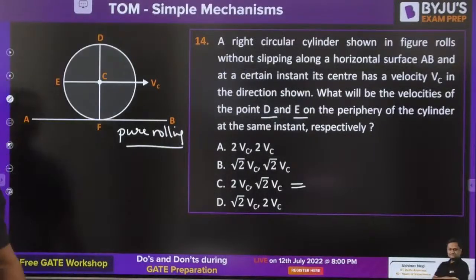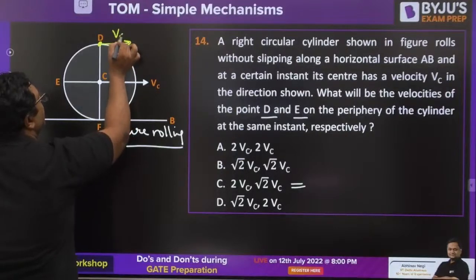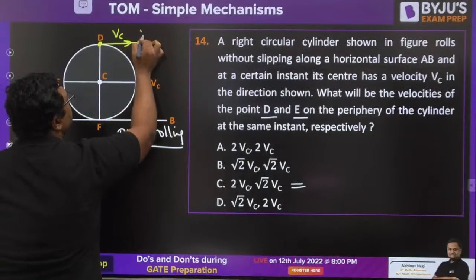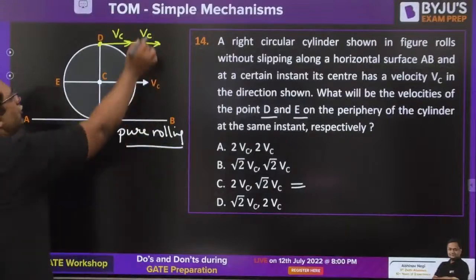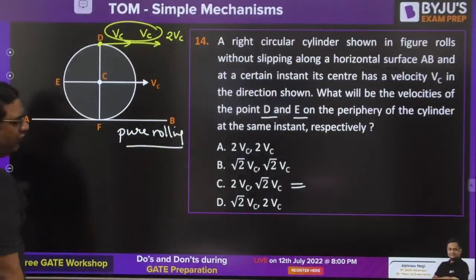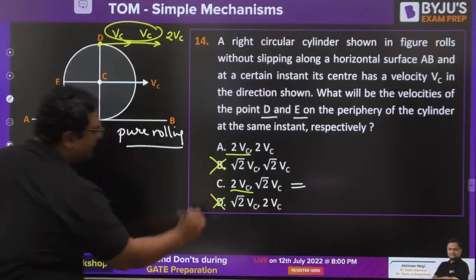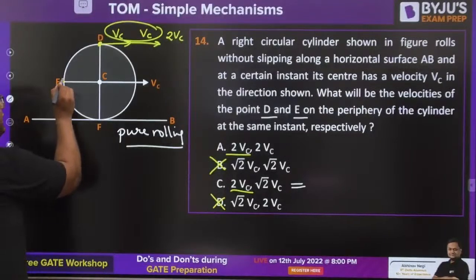If you want to find out the velocity of any point, just do one thing. This point D will have a velocity of Vc because of translation and a velocity of Vc because of rotation. So both of them will give you 2Vc. So 2Vc is the velocity of D. It is there in option A and option C. So B and D cannot be correct. But if you see the point E,